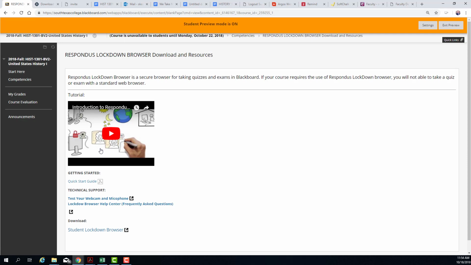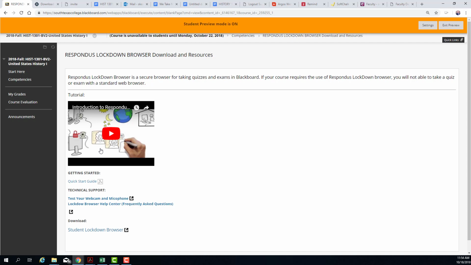Basically, Lockdown browser is a browser that only allows you to open up one window at a time. So when you go to take any exam, the orientation exam, the pre-test, the post-test, you must open up Blackboard through the Lockdown browser.